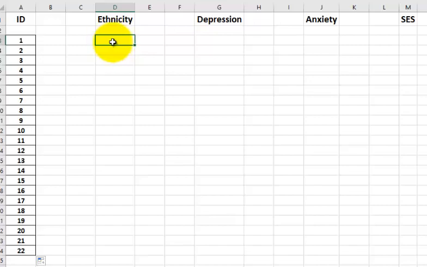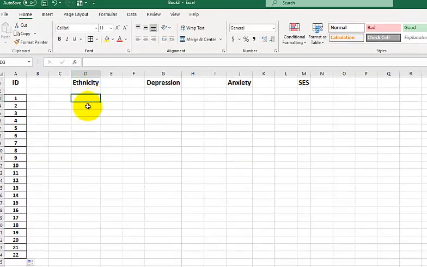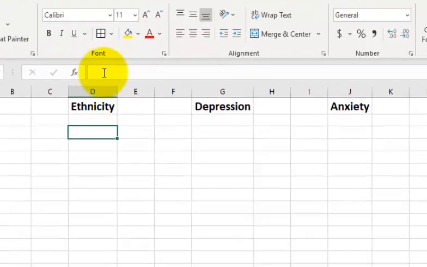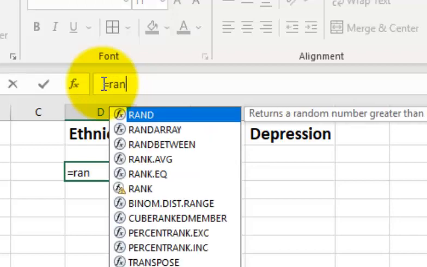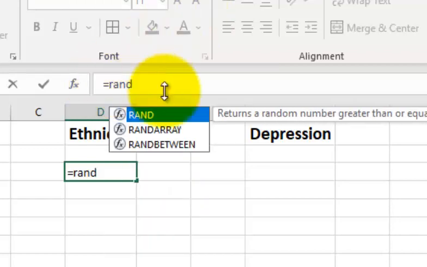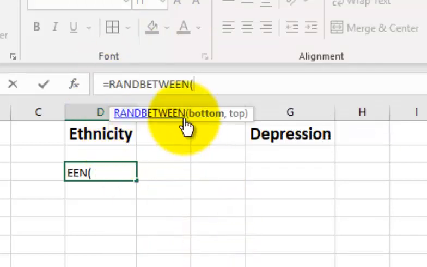So here's a cool trick here. You put your cell right there, you click that cell. You go to, this is called the function bar. You click in there and hit equals. And then we're going to put a function in there, random between. See that? So we're going to simply put 1 is the first number, 5 is the last number,